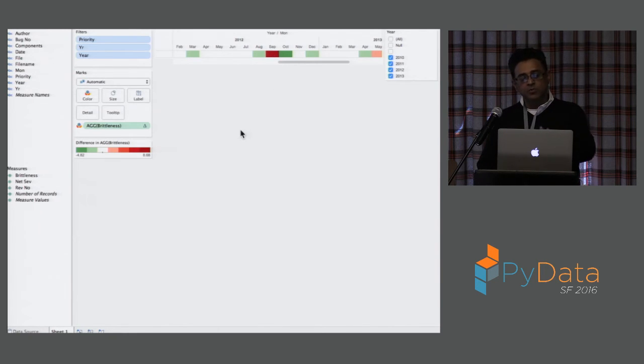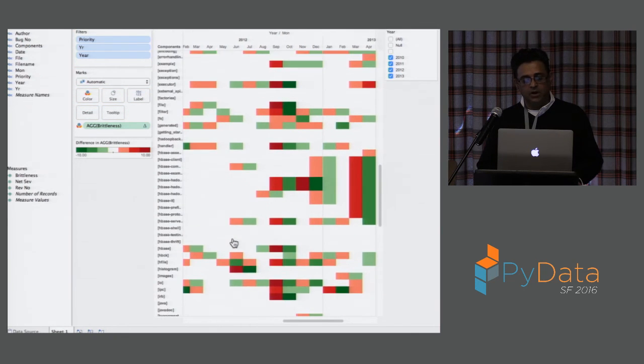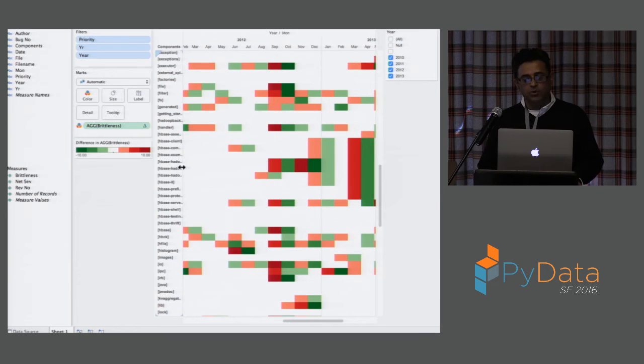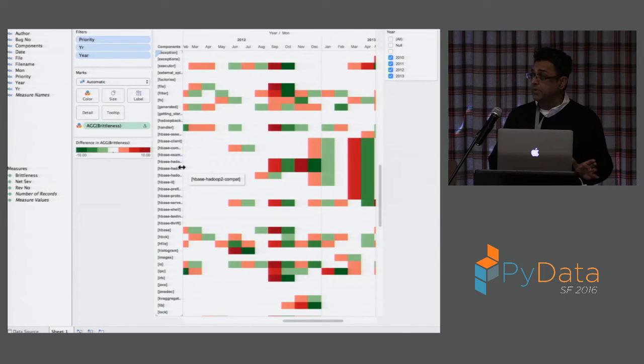And so I'm going to break this down now, and with the kind of data model we have, we can do that. Apache projects have this thing called components. And every time you log a bug, you actually include what component it was. And often in Jira, yes? Can you go back to the previous? I just wanted to make sure. Previous slide or previous view? Remove the previous. Yes, okay.